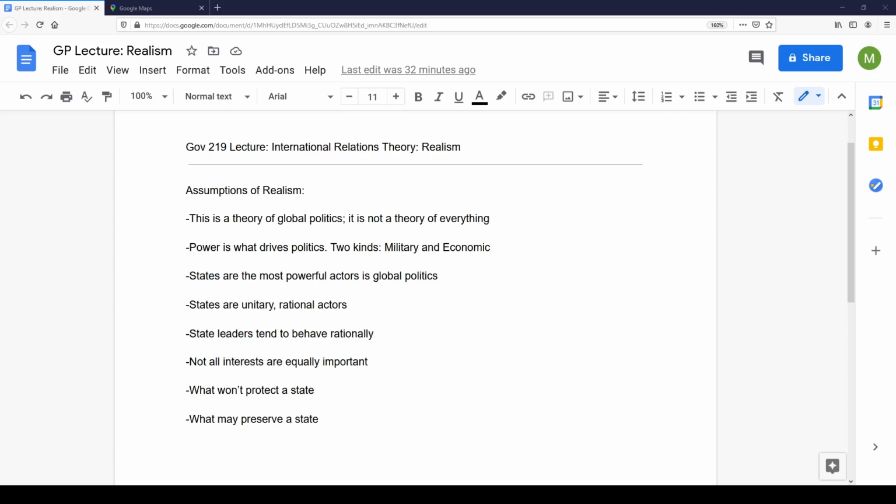I do preface this by saying, realists, like liberals, like constructivists, like followers of the English school and other theories, our subject matter is global politics. And so we wrestle with theories of global politics. That is, how is it that different actors get different things, who gets what, when, and how at the international level. It's not a theory of foreign policy.